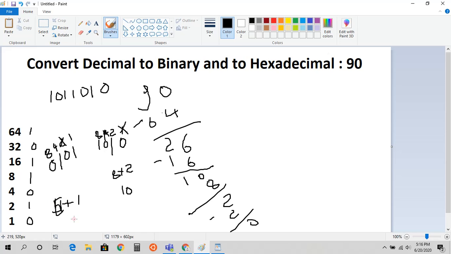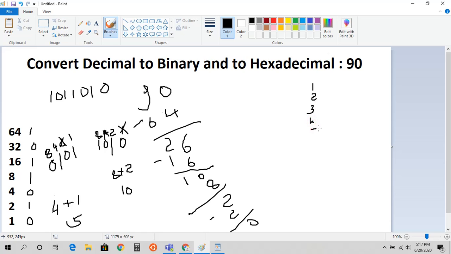So its total is 5, because this is the 4. So this chunk is 5, and this one is 10. And as we know in hexadecimal, it goes 1, 2, 3,